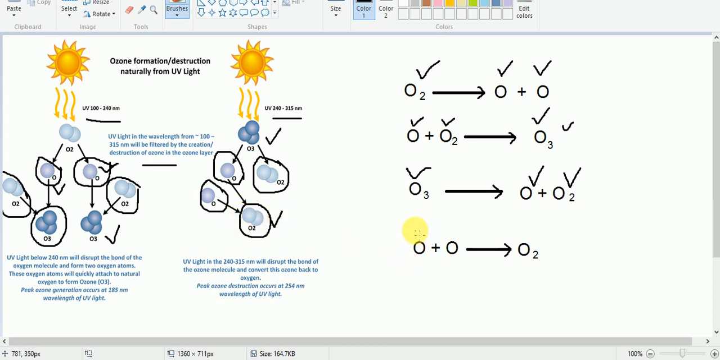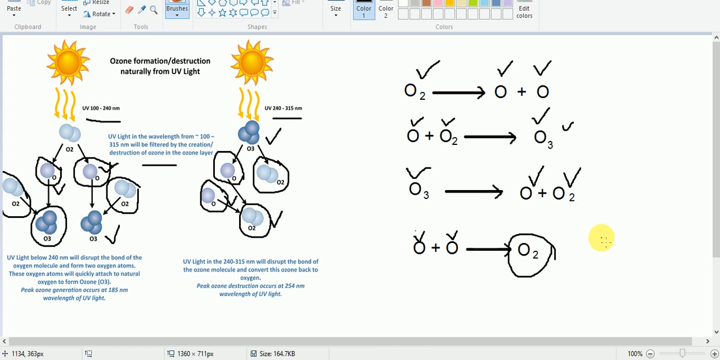See here, this atomic oxygen is combined with another atomic oxygen and a new molecular oxygen is formed. So in this way, because of the influence of the UV rays, ozone is formed and destroyed continuously. This is a natural process, and because of the formation and destruction of ozone naturally under the influence of UV light,